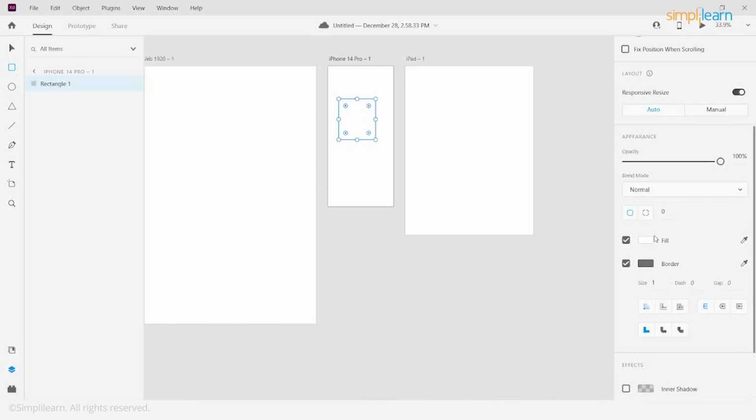And that is a basic tour of the interface. All right, the third thing you might want to know how to do using Adobe XD, like any other